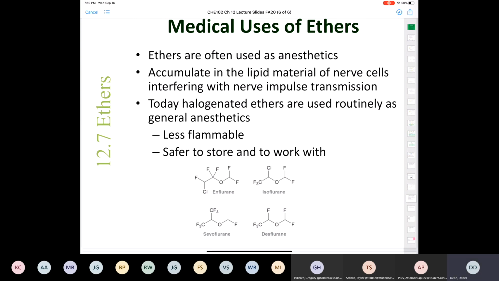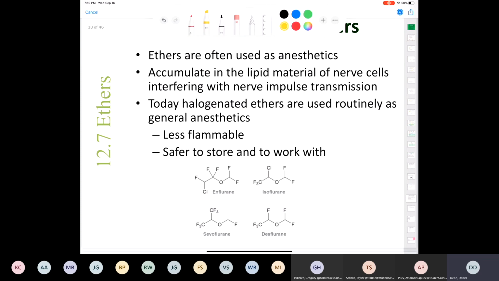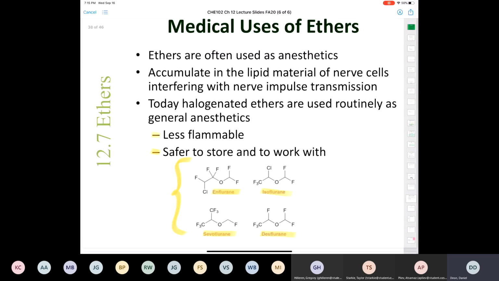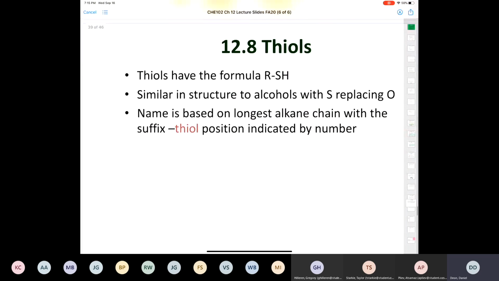Anyhow, it says here that halogenated ethers are used routinely as general anesthetics. Why have all these different ethers been developed? Well, it's because they're less flammable and they're much safer to work with. So we have enflurane, isoflurane, sevoflurane, desflurane. These are commonly used ethers that are used, again, as anesthetics nowadays. All right,